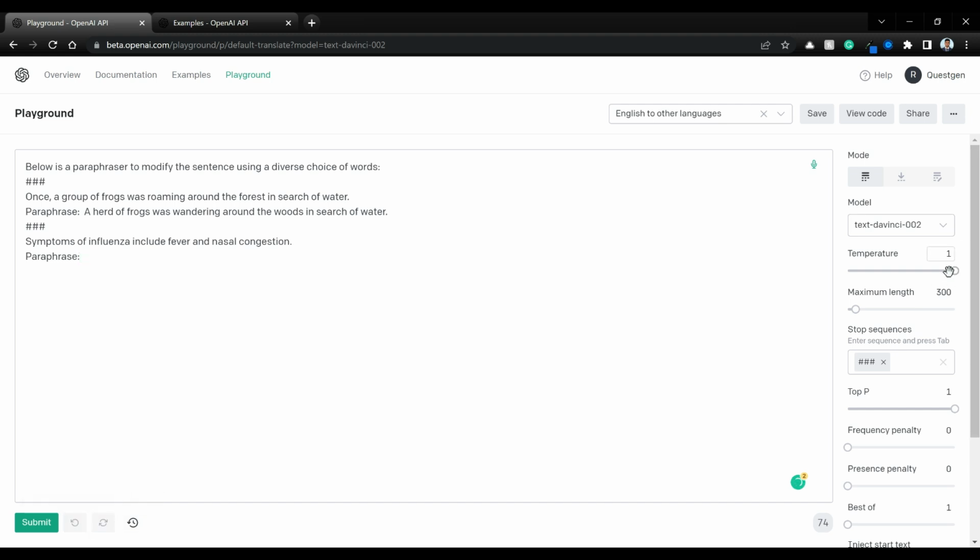For example, if you just keep temperature to the maximum and top P to the maximum and just click on submit, as you can see, it is forced to be more creative. That's why you will get a diverse choice of words. And keeping temperature and top P at the maximum is ideal if you are generating an open-ended response, for example just filling up some